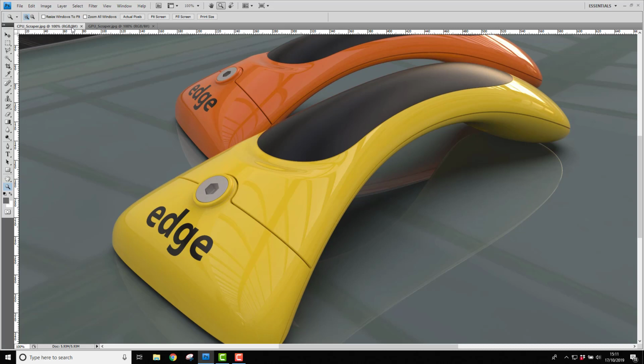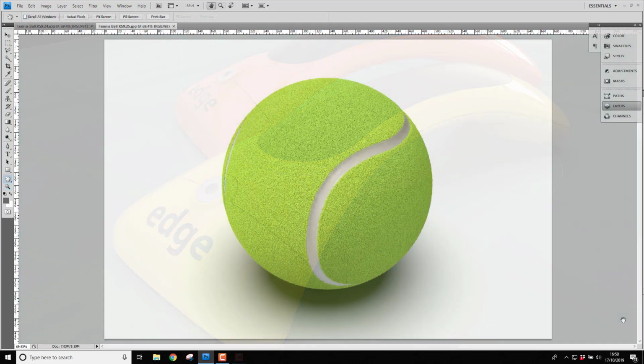So although there are small differences, I think it's fair to say that we can see there's a clear performance gain to be had in using GPU rendering. Here's another example of the CPU versus GPU render. Given the different technical challenge in rendering the fuzz material, this time the GPU advantage is less and approximately twice as fast as CPU. This is the CPU image, and if we switch to the GPU image, you'll see the